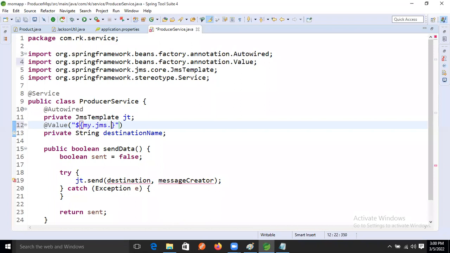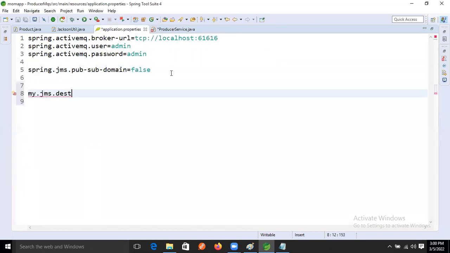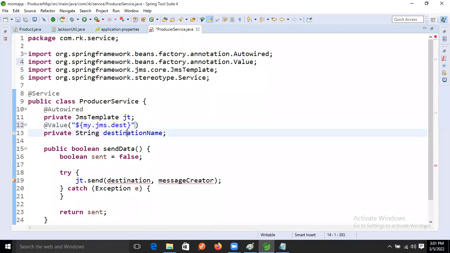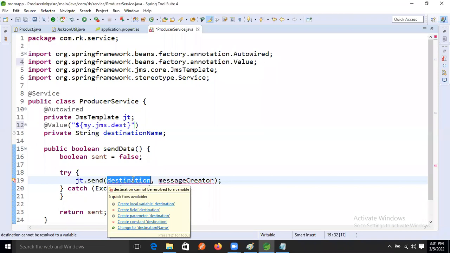Okay, so this key must be there in the property file also. So what I'm doing now, here in the property file, let's decide one name, right? Producer or product, right? Good. Let's give product one only. Product one. Okay, so this data will come as dynamic at runtime here, and we will pass this destination in this argument now. Clear?